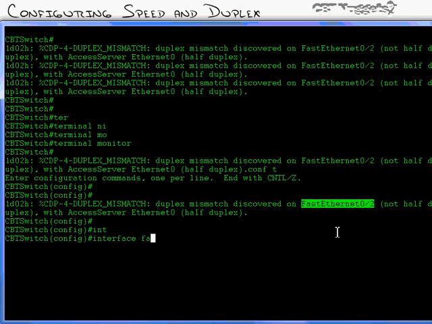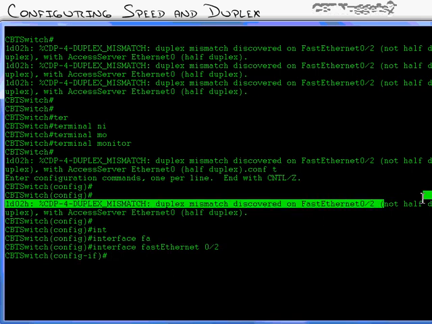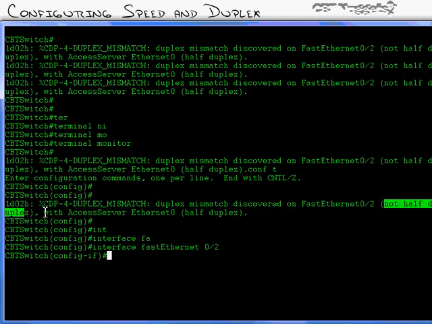So I'll go under interface FastEthernet 0/2, and it says it is not half duplex. And it says with access server Ethernet 0 half duplex, meaning it's detected the other side, the router named access server that's plugged into here, is set to half duplex. So I need to go under this interface and I'll say duplex half, in this case, to match the other